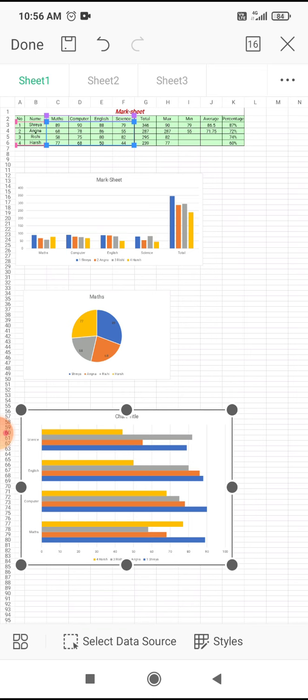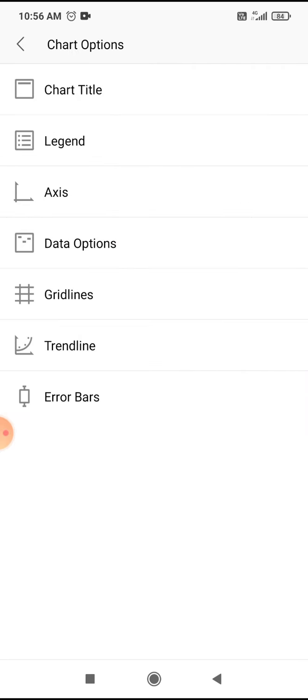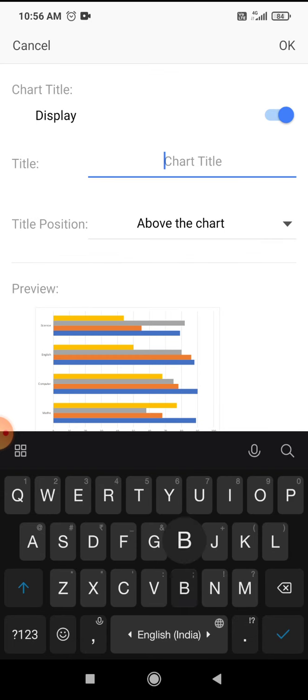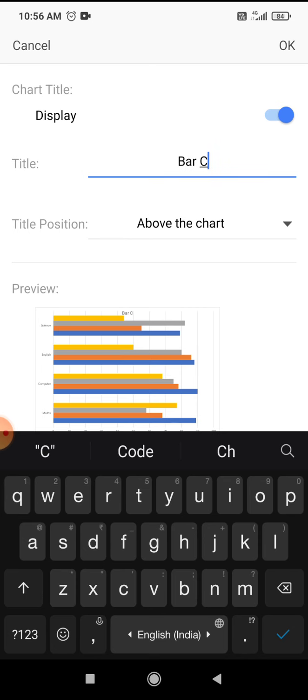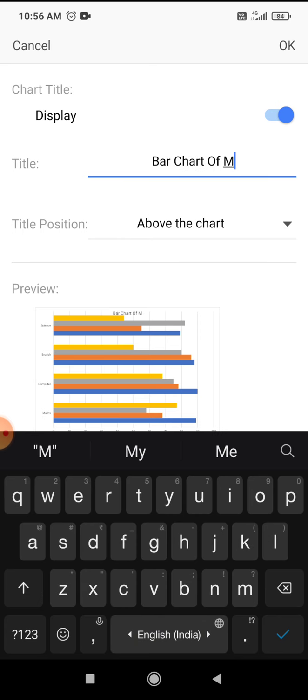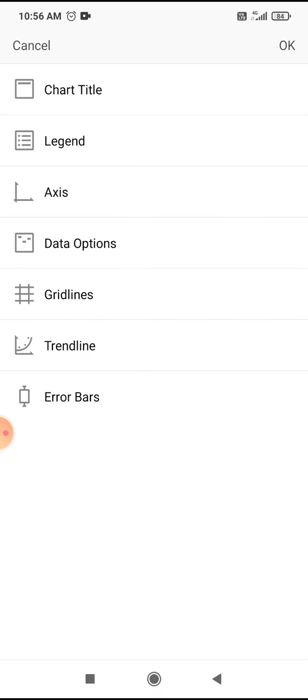Now I want to display the marks. I want to first display the chart title. Selecting the chart, click on the chart option, chart title. First I set the bar chart of mark sheet. Click on OK.